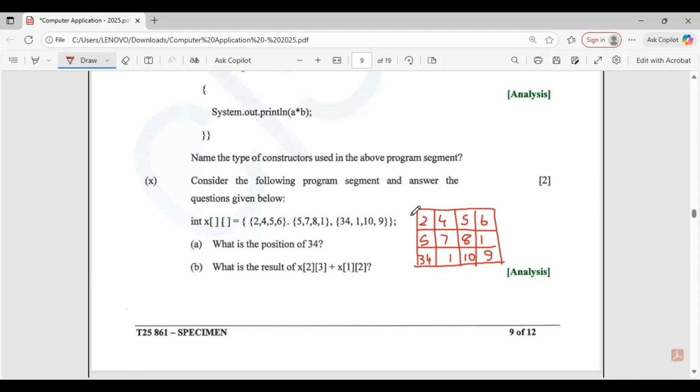So for row position, this is row number 0, row number 1, row number 2, and this is always for the row position. Then you have column number 0, column number 1, column number 2, and column number 3. The starting index for rows and columns both begins with 0. So this is for columns 0, 1, 2, 3, and this is for rows 0, 1, 2.